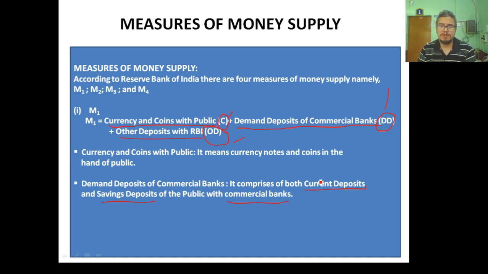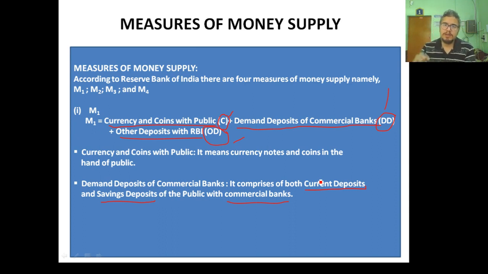So that is the reason why a person or the customer who is having current account deposits doesn't get any interest on their money saved in the bank. Instead, they have to pay interest to the bank, because the bank is providing security to their money. On the other hand, almost all the types of deposits which we have nowadays, let's say our salary account and all those things, are in fact savings deposits.